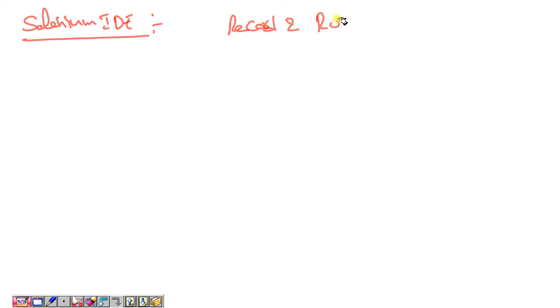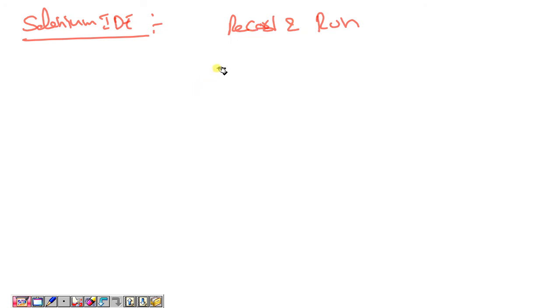What is Selenium IDE? Selenium IDE is a record and playback tool, which is used for implementing functionality testing on browser applications, and it works only in the Firefox browser because it is an add-on of the Firefox browser.